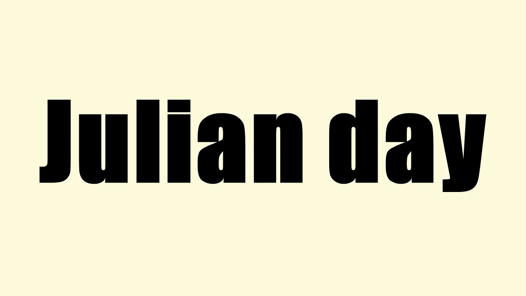Julian day is the continuous count of days since the beginning of the Julian period, used primarily by astronomers. The Julian day number is the integer assigned to a whole solar day in the Julian day count starting from noon Greenwich Mean Time, with Julian day number 0 assigned to the day starting at noon on January 1, 4713 BC, proleptic Julian calendar, a date at which 3 multi-year cycles started and which preceded any historical dates. For example, the Julian day number for the day starting at 12:00 on January 1, 2000, was